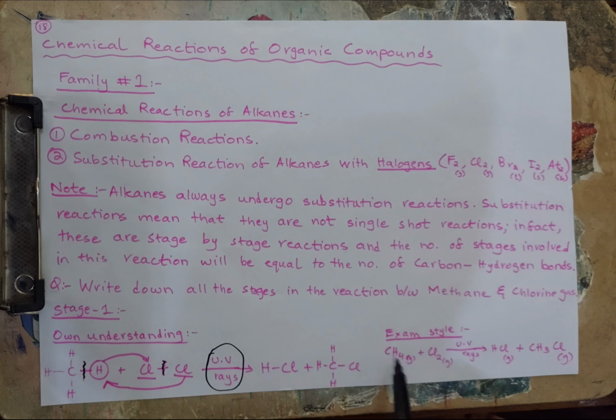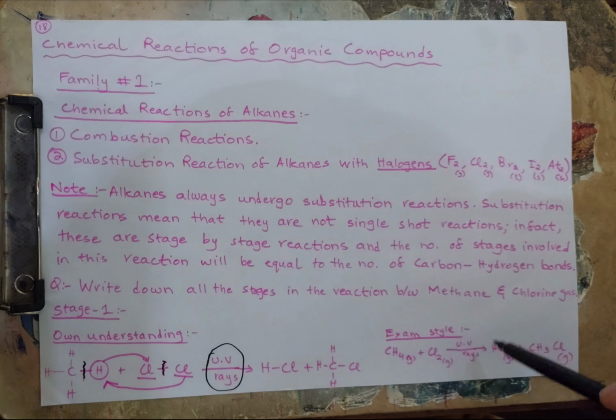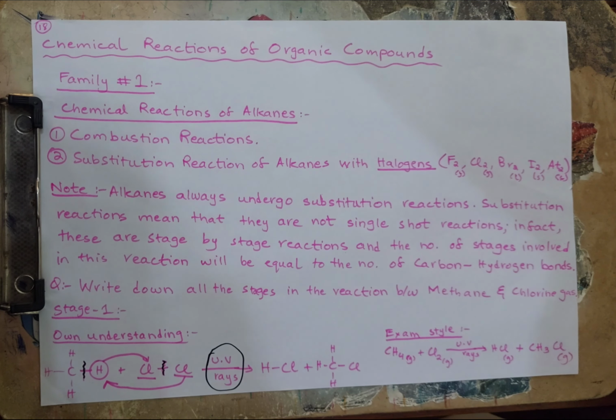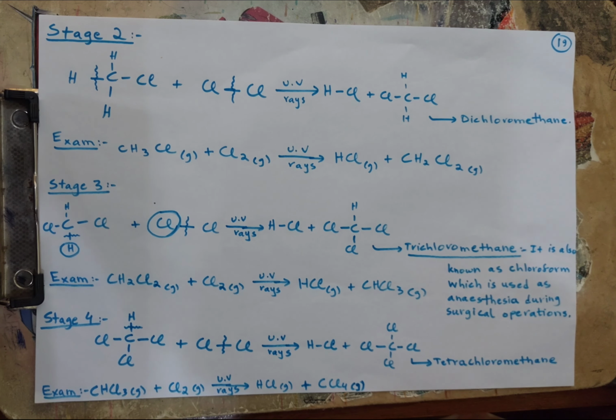So this is the formation mechanism, and you don't have to write this entire step in exam. In exam you just have to write this in molecular formula, and you don't have to show these arrows. In exam style, just write CH4 plus Cl2, and you must write UV rays above the arrow. This is the condition, this is necessary. So in its presence, HCl and CH3Cl gas are formed. Now that was stage 1, and now in stage 2. In stage 1, what we formed was